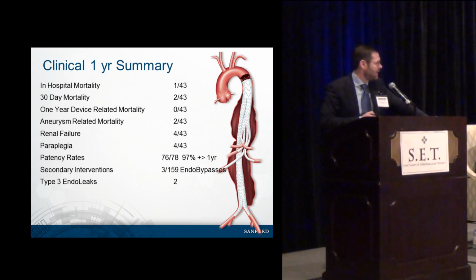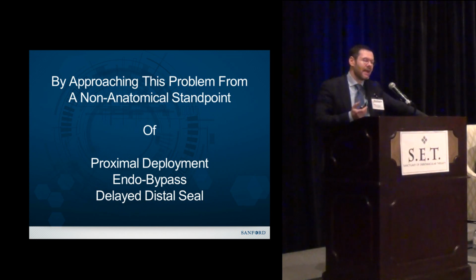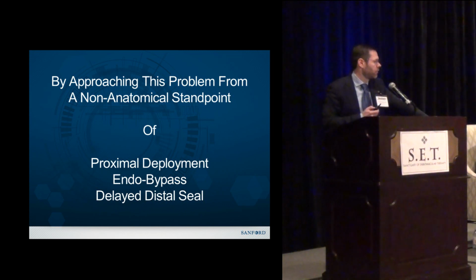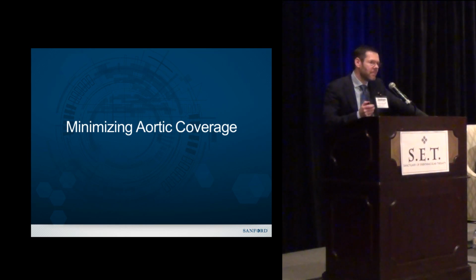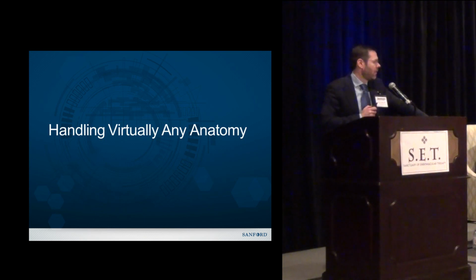So, in summary, by approaching this problem from a non-anatomical standpoint of proximal deployment, endo bypass, and delayed distal seal, minimizing our aortic coverage by introducing the unitary graft, we've been able to perform in situ customized aneurysm repairs, handling virtually any anatomy with, I think, very reasonable